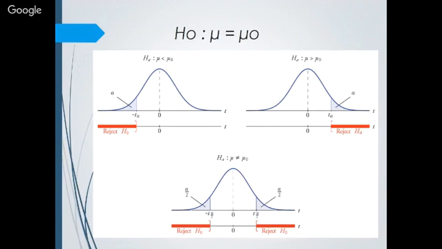So actually this is based on the rejection region. Look, mu less than mu0, that is the left tail, the left tail alpha portion we are rejecting. All the other portion, if our t statistic or whatever test statistic falls in the other region, we will accept that. And if it falls under the alpha region, we will reject that. That's the rejection region. The same thing is applicable to the three cases.